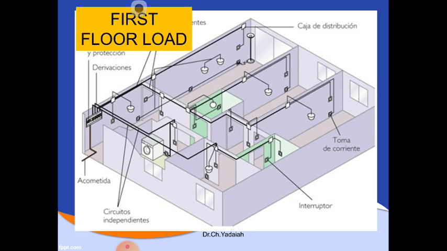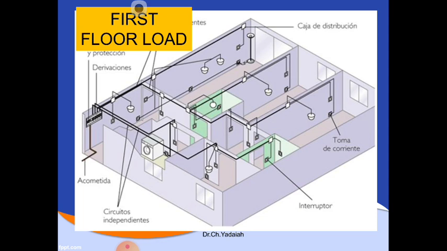Now, coming to the first floor. The first floor has 3 portions, 1, 2, 3, having different electrical lighting loads. It may also contain some air conditioners or different power loads. So first of all, you calculate the lighting loads based on the available number of portions and available loads. In this first floor, we are assuming 3 portions, 3 loads.